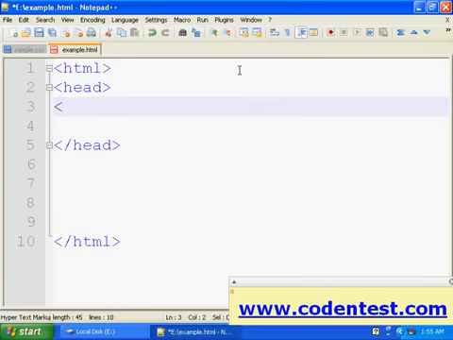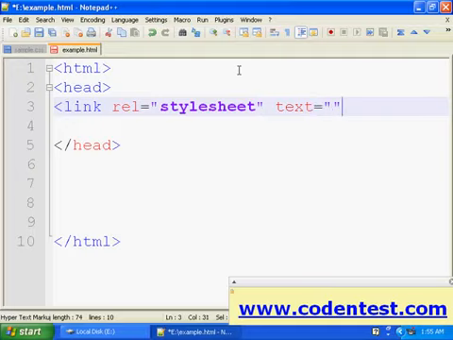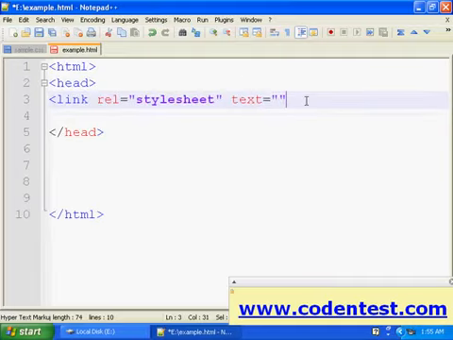The CSS file is referred from the HTML file using the link tag. That is the link tag, REL, and we write stylesheet here. Stylesheet, type, not text, I'm sorry, type equal to text/css.